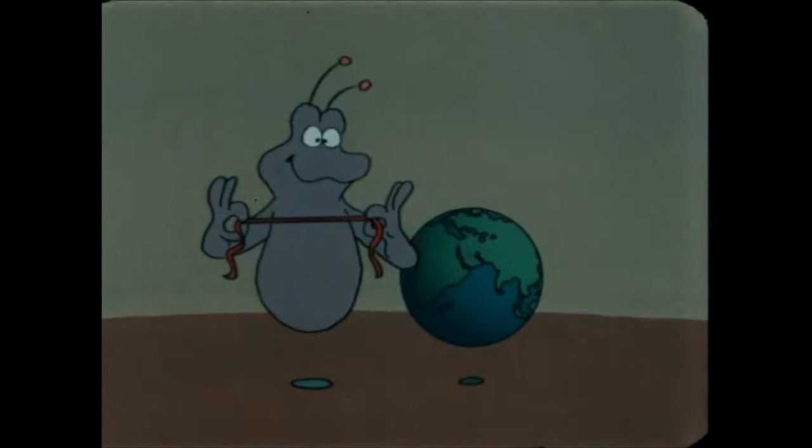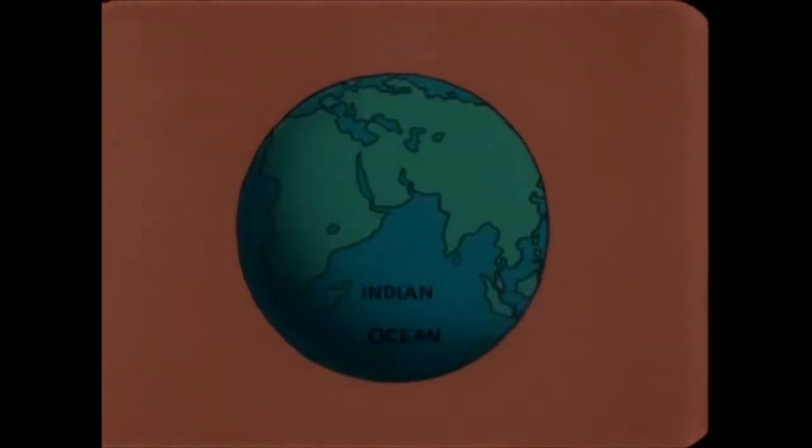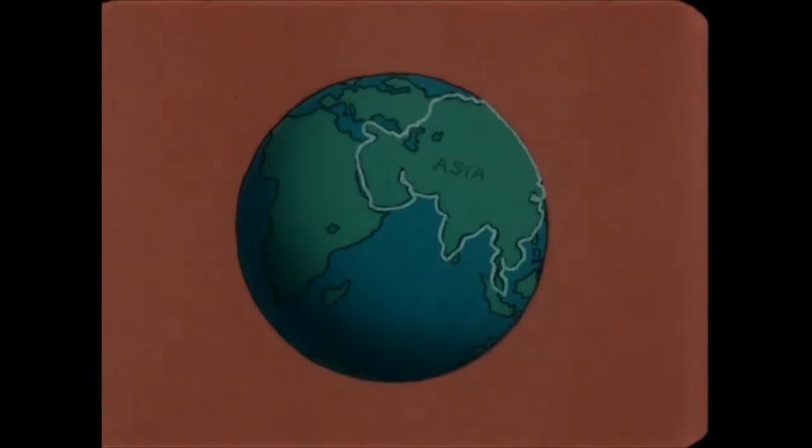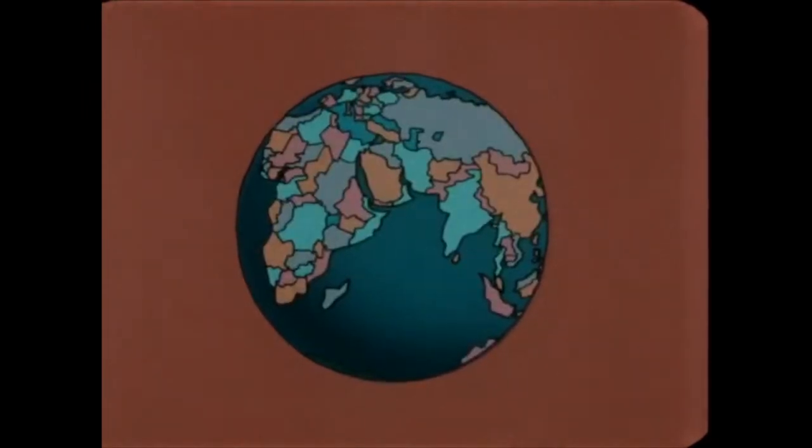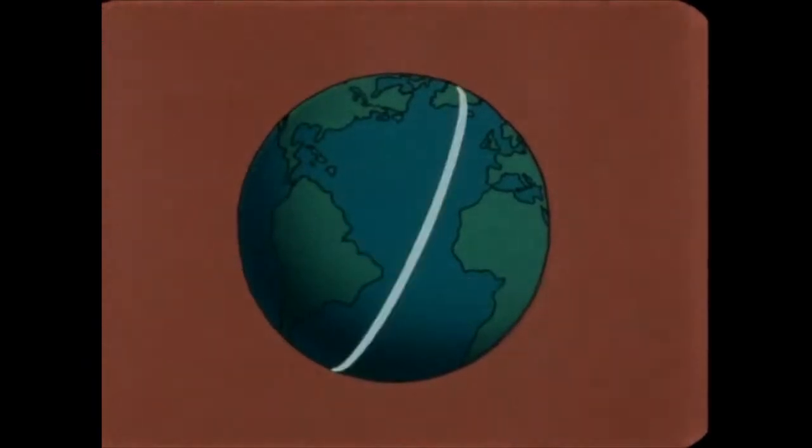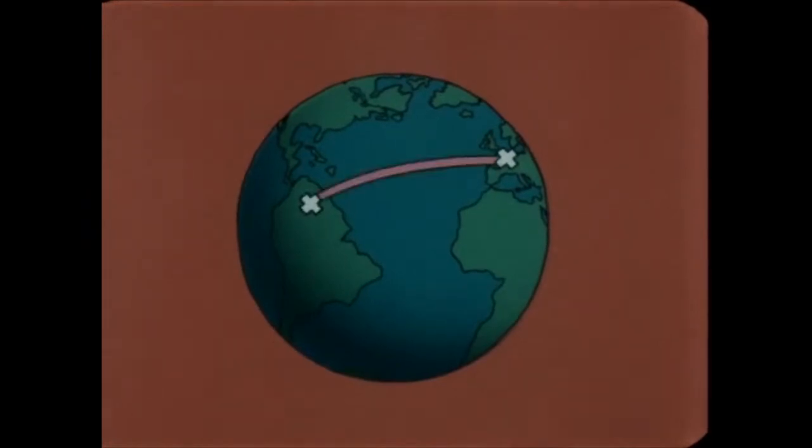So, as you can see, a globe can give you many different kinds of information. It can show you where there are oceans and continents, and what countries are on each continent. And the globe can tell you which hemisphere these places are in, and even help you find a good route between places. In fact, a globe tells you so much about the Earth, you might